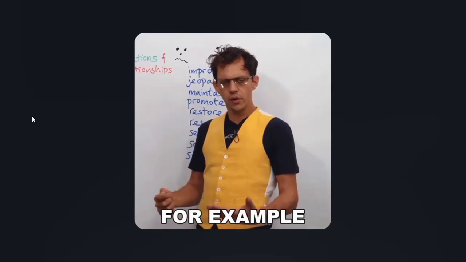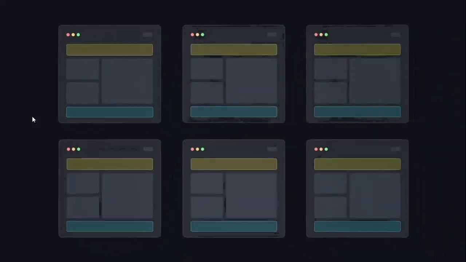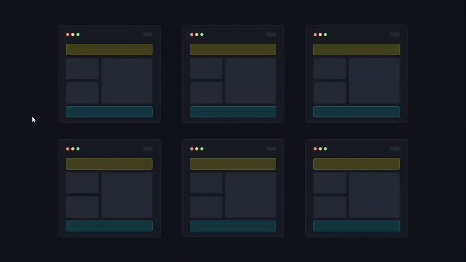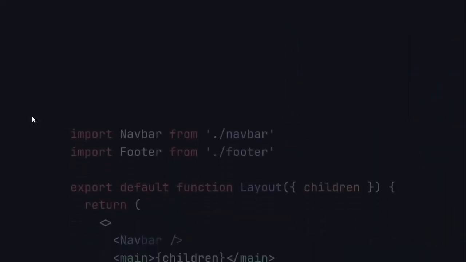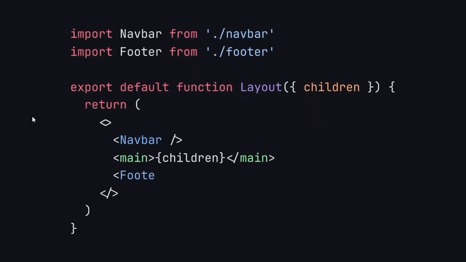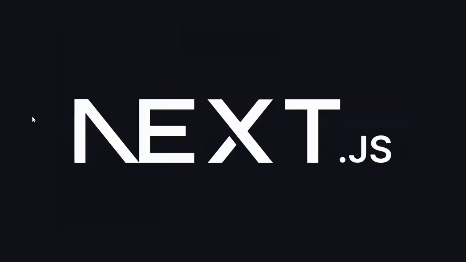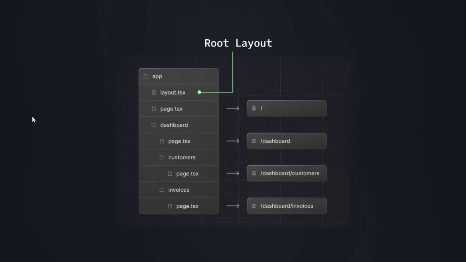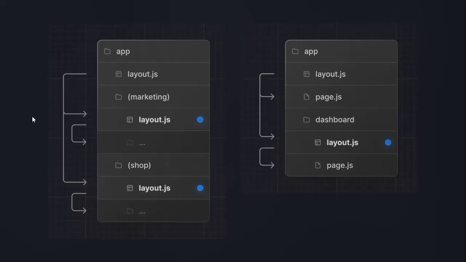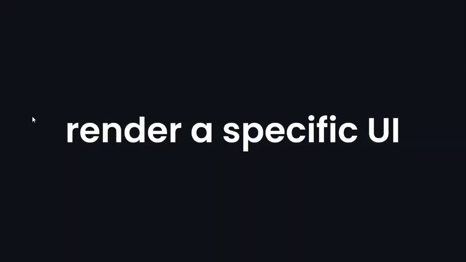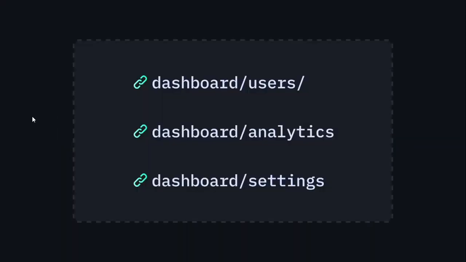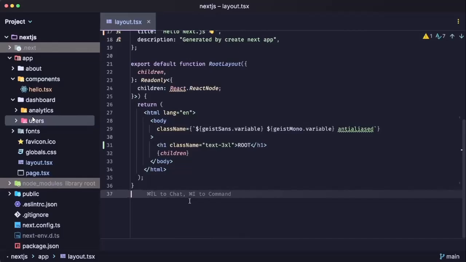For example, you can place features like a navbar or a footer in the layout, and they'll appear on all children routes, saving you from having to import them on every page. Simply add them once in layout.tsx, and they'll be available wherever needed. In Next.js, a root layout is always required, but you can create additional layouts if necessary. Let's say you want to render a specific UI just for the dashboard routes. We can do that by adding another